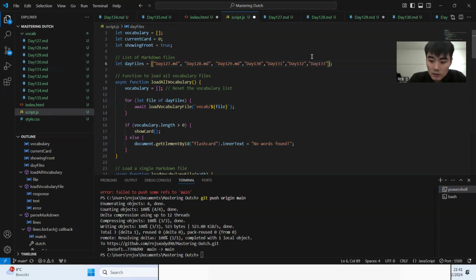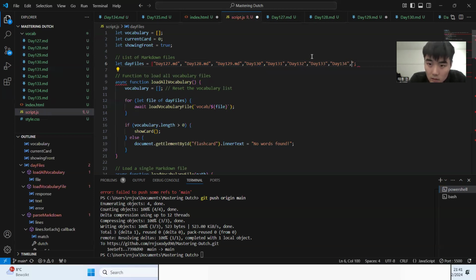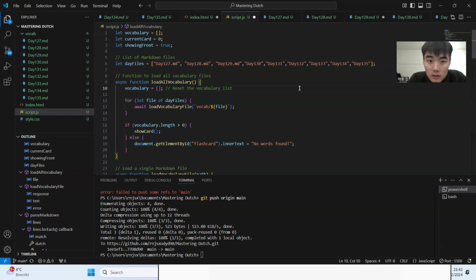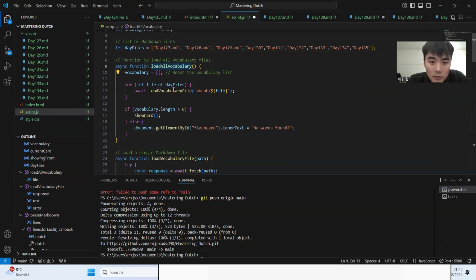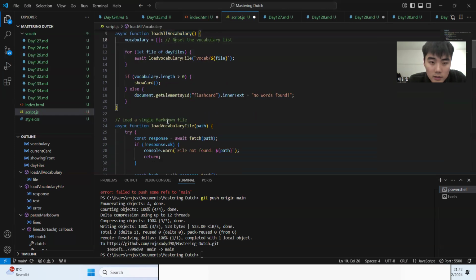Day 133, day 134, day 135, and then, yeah, I think it's a bit like C, yeah? You end with a semicolon. Then you load all vocabulary, reset the vocabulary list.